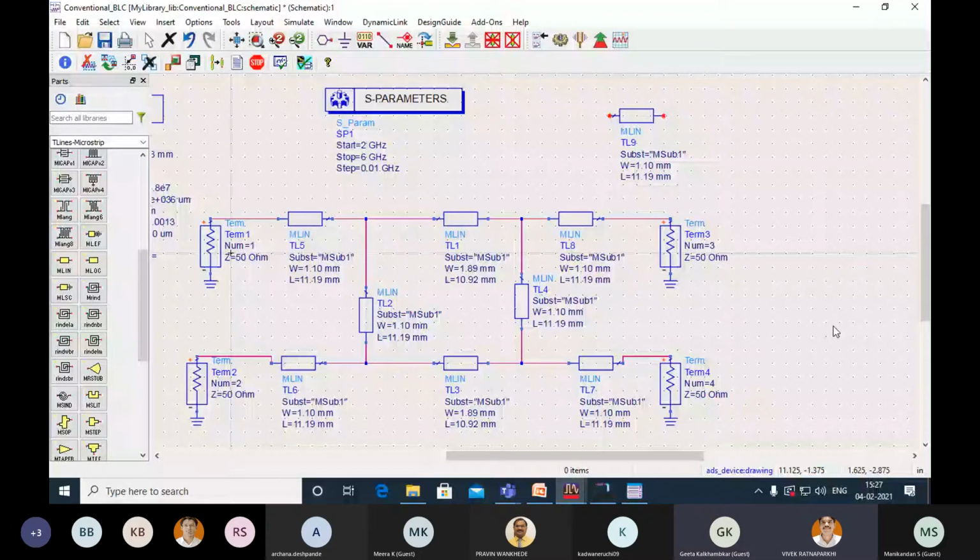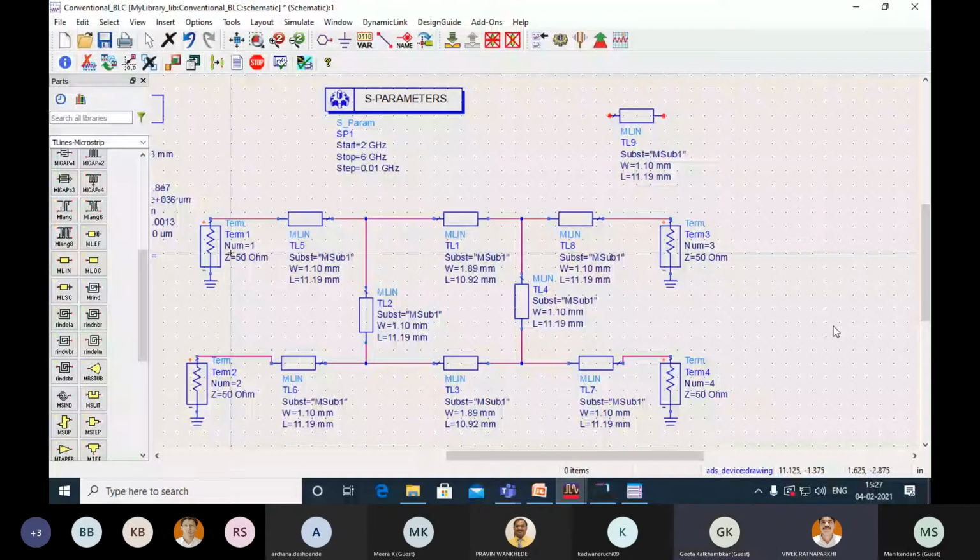We have created a 50 ohm line, and you are able to see this line here. So just select this, Control C and Control V. How many times do we need it? We need it 1, 2, 3, 4, 5, 6. So create 6 lines. 1, 2, 3, 4, 5, and the sixth one I will make later. I will first make it Control R, so it will be rotated in the direction of my intention. Then I will do Control C, Control V and paste it in front. This way I have created 6 transmission lines of 50 ohm.